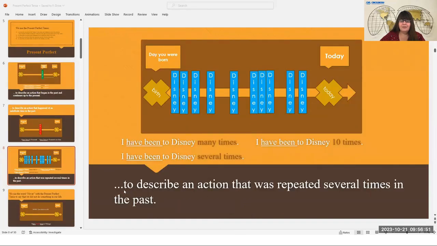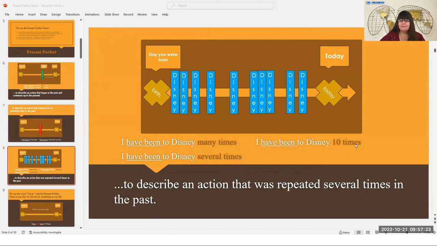We can use the present perfect to describe an action that was repeated several times in the past. I have been to Disney many times. I have been to Disney several times. I have been to Disney 10 times. So when an action is repeated several times, we could say many times, several times, or we could give the